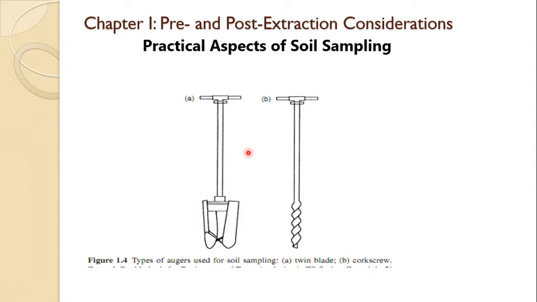These two pieces of equipment are important for the collection of soil sample. The first one is the auger, and the second one is the trowel or screw. These are the two pieces of equipment which are used for the collection of sample from the depth of soil, that is the minimum 10 centimeter to 100 centimeter.